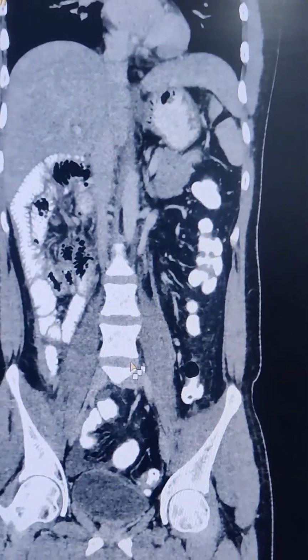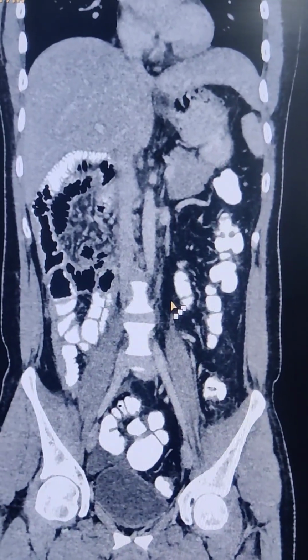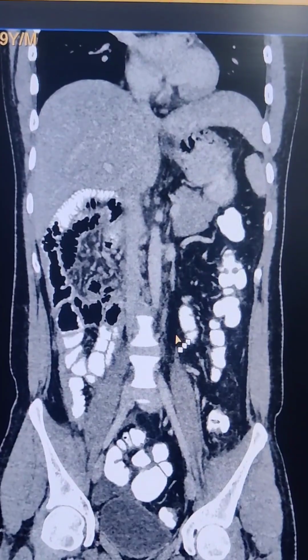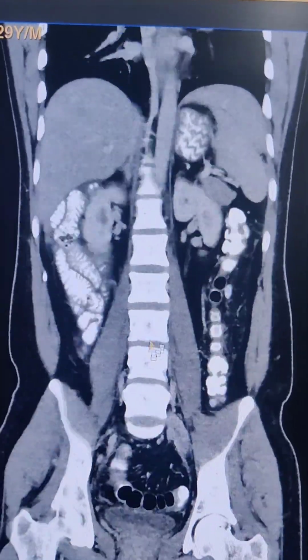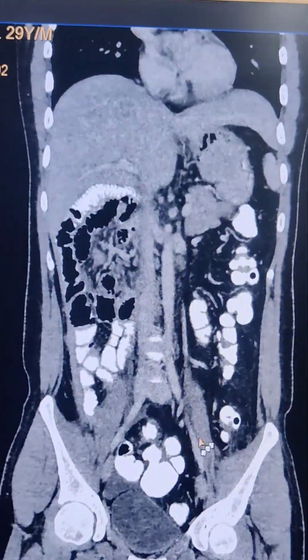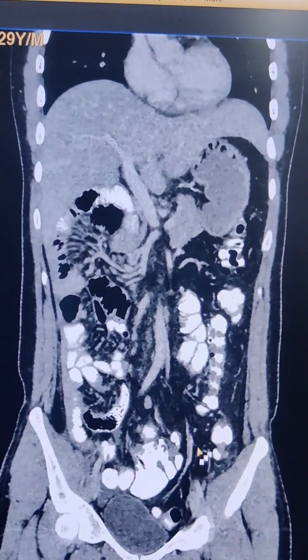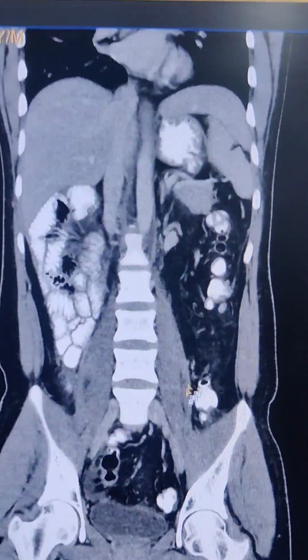These can also be seen associated with cases of malrotation. So it is very important to look for the bowel position and mention it in your report if you find it incidentally, so that we can be proactive in future if the patient develops some complaints about it. That's all about malrotation.